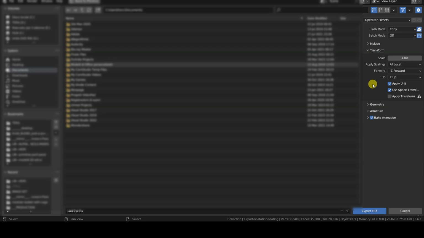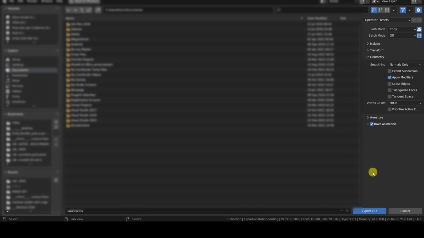point shortly. Depending on the game engine in which you need to use the 3D model, it may also be advisable to change the smoothing option in the geometry section from Normals Only to Face. I believe this option is necessary, for example, for Unreal Engine, but I'm not sure, so I advise you to